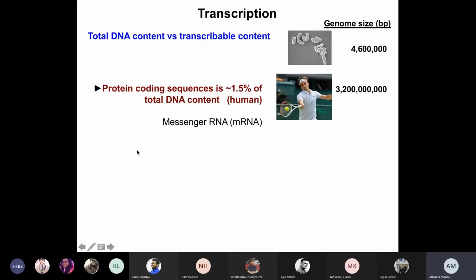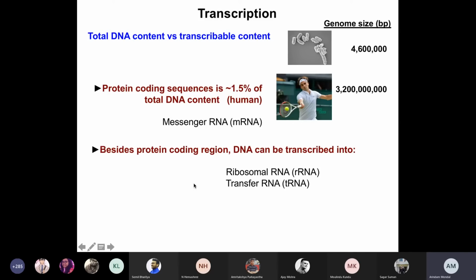And for that purpose, you produce mRNAs. There are three different kinds of RNAs which get transcribed from your genome. First of all, mRNA, second, ribosomal RNA or rRNA, and third is the transfer RNA or tRNA. The mRNAs, these messenger RNAs, contain the information which gets translated into proteins. Other than that, you have the ribosomal RNAs and the transfer RNAs which never get translated into proteins. Rather, they take part in the protein synthesis process.